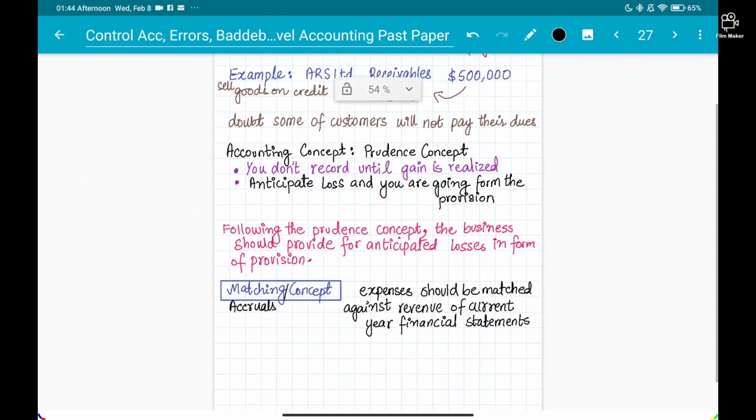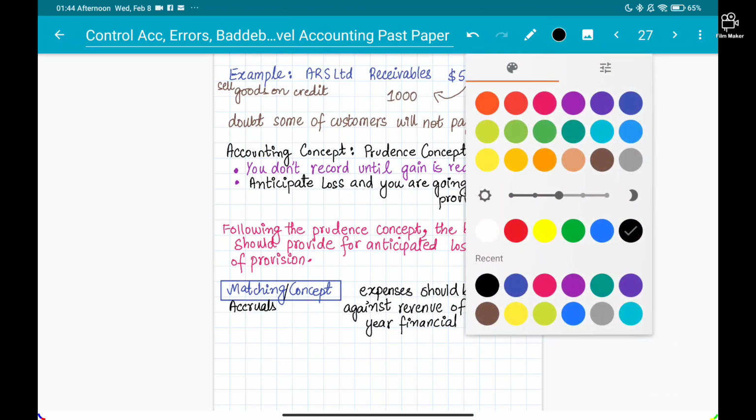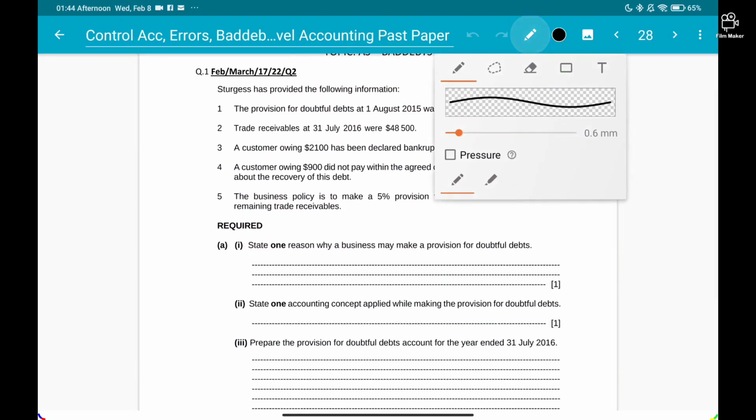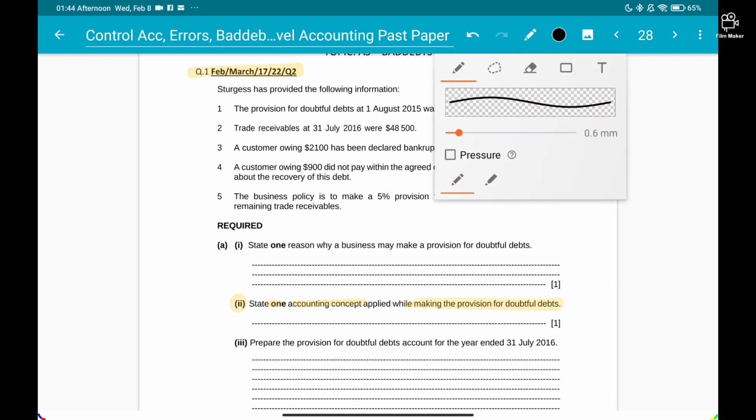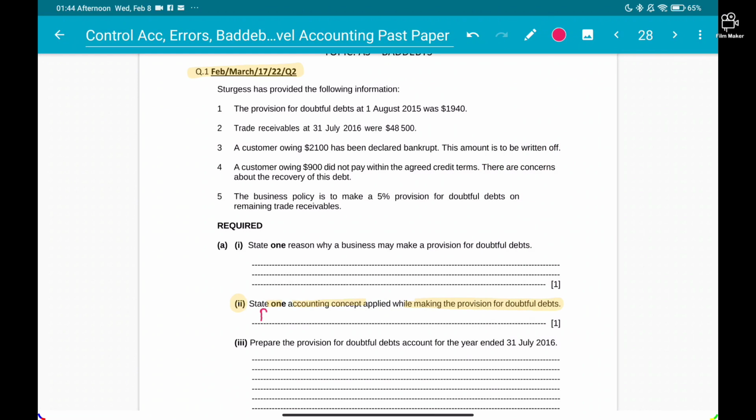and you need to understand that basically we don't want our debtors to be overstated. If you see this question, the theory question will be coming: state 1 accounting concept that is applied while making the provision for doubtful debts, from the February-March 2017 paper. So you are going to write the answer that 1 accounting concept will be the prudence concept. You don't have to explain, just mention